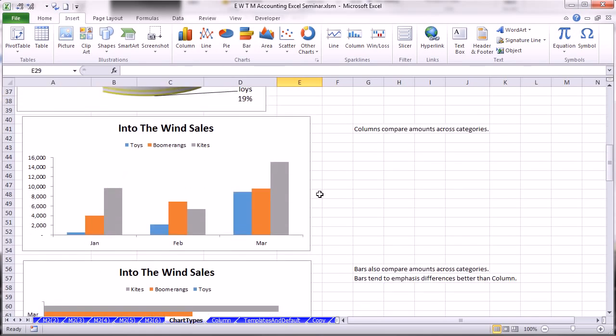Column charts, very simple. We have some categories along the horizontal axis, and we have columns. Columns are vertical. There are numbers on the vertical axis. The height of each column tells us what that particular number is. We're comparing across categories. Now we have a legend up here that tells us blue is toys, orange is boomerangs,